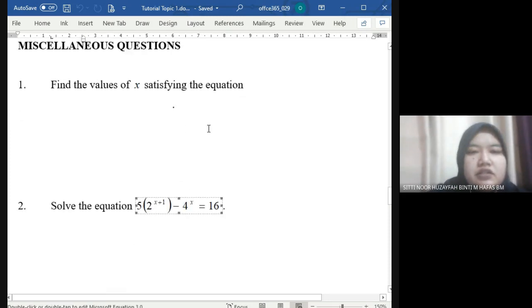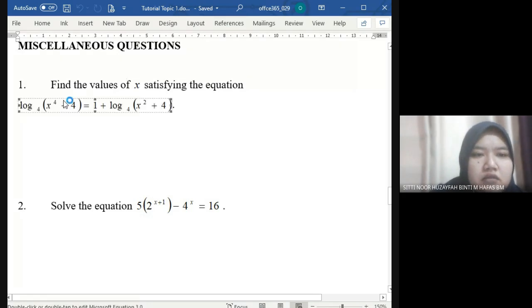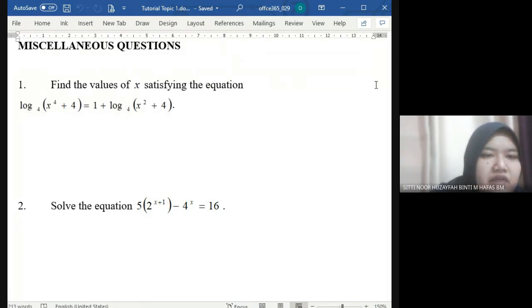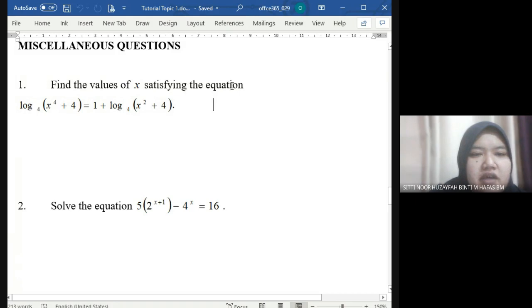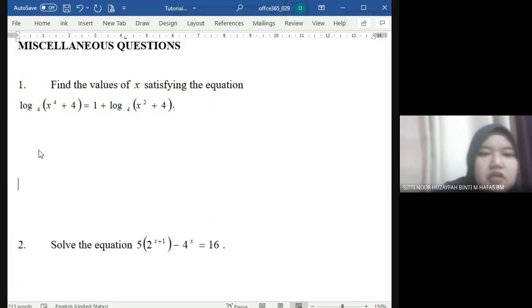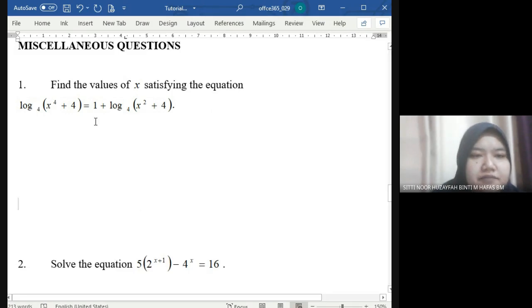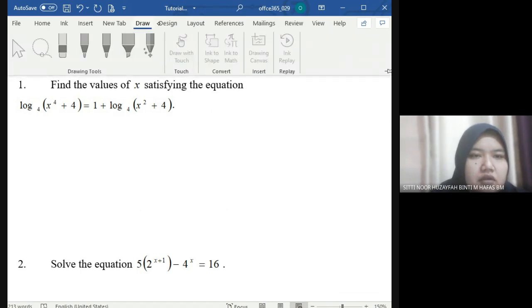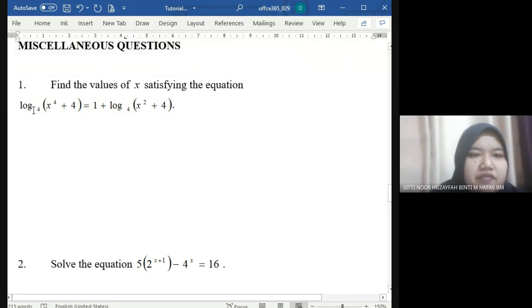Okay. So for question number 1, find the values of x satisfying this equation. Okay, so for question number 1, so we have